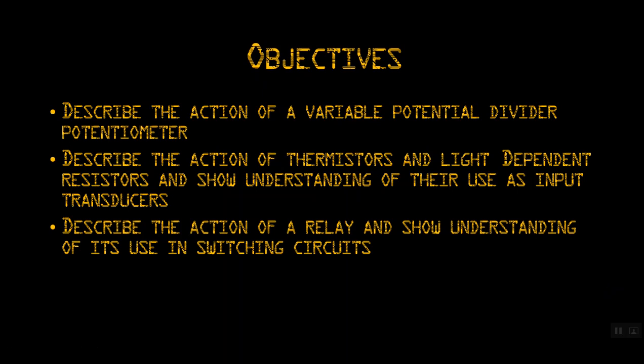Hello and welcome. Today we're going to be looking at Unit 10 Electronics. So firstly, the objectives for this chapter: to describe the action of a variable potential divider and a potentiometer,